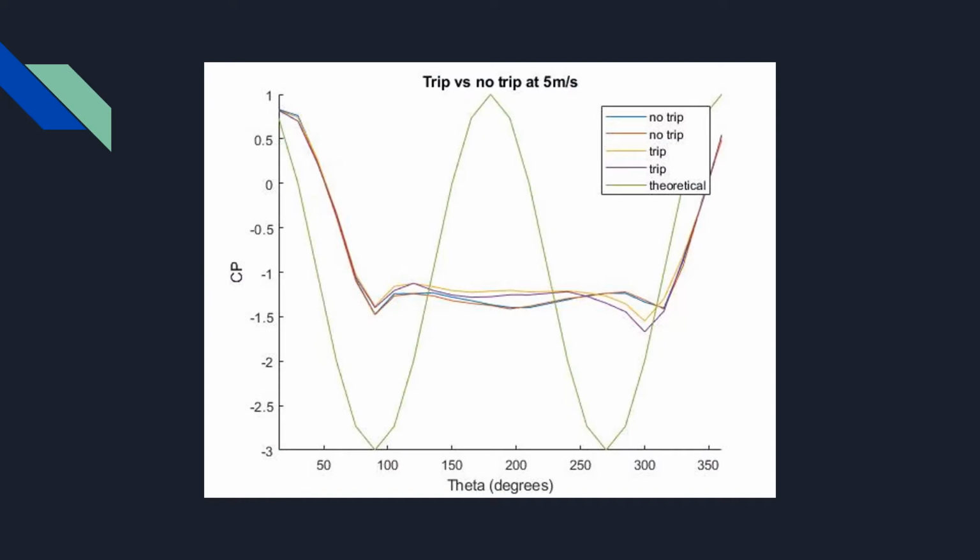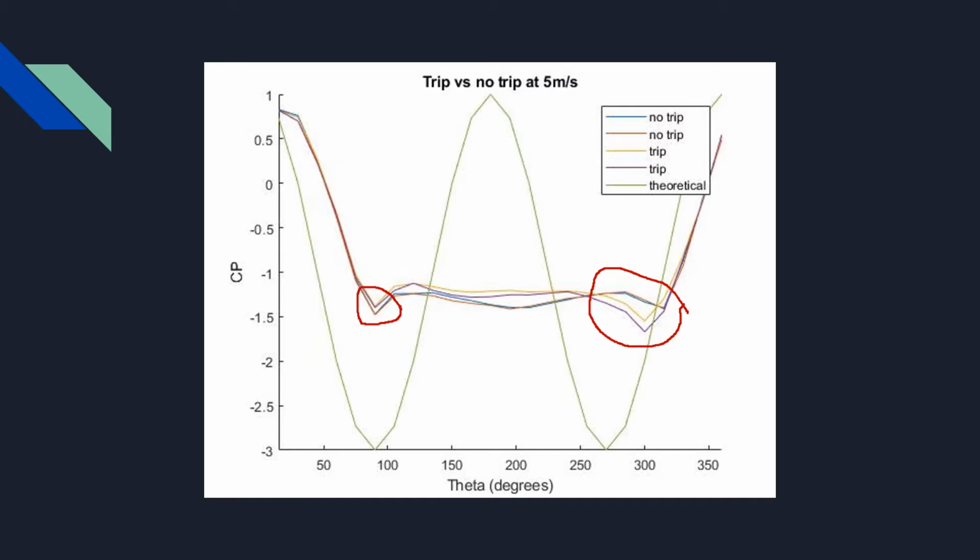From the theoretical flow solution, we expected flow separation to happen at 90 and 270 degrees, which correspond to the top and bottom of the cylinder. Looking at 90 degrees, there's not too much going on, but if you look at the 270 degree region, you can see that the purple and yellow lines, which correspond to the trip data, delve much deeper into the negative values of CP. And these negative values of CP are lower than the negative values of CP for no trip,